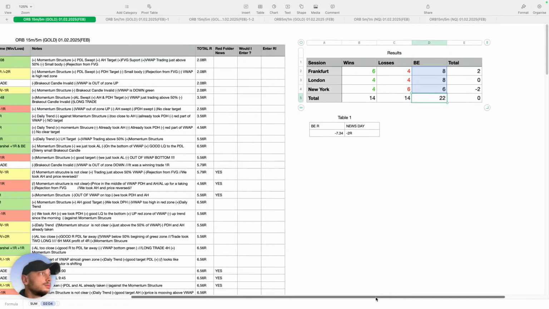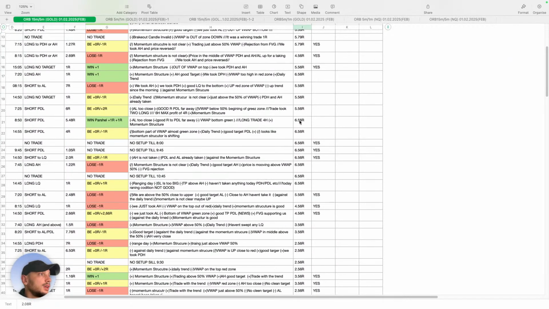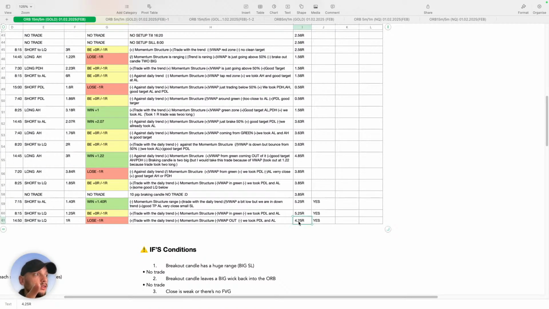Basically you made 14 wins, 14 losses, but the total at the end of the month, if you enter on every trade, is 4.25. If you imagine you're trading a huge funded account of $100,000, 4.25% is great. This is your daily expenses. Definitely, you can make it full time with this. And this is if you enter on every single trade.